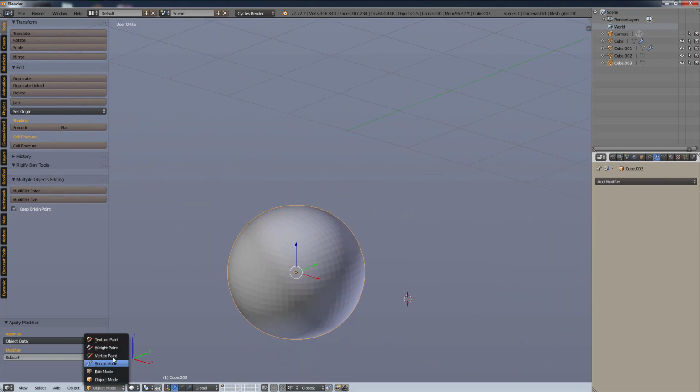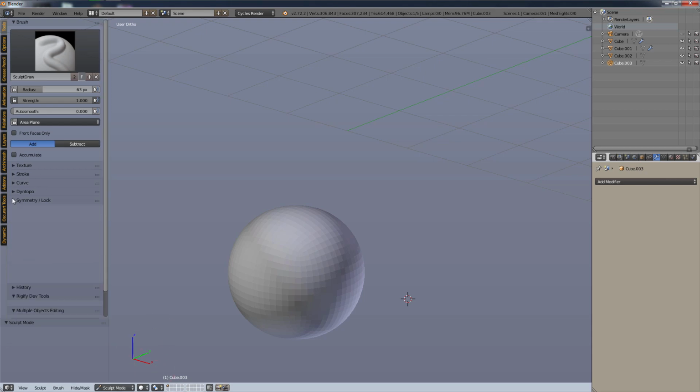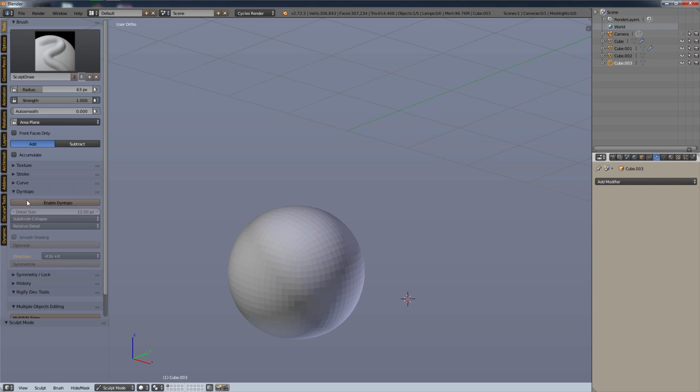I'm going to go into sculpt mode. We have, where is it? So like I said, I don't do a lot of sculpting, but I believe it's under Dyntopo. So yeah, dynamic topology alters the mesh topology while sculpting. So if I enable this, and I'm in draw right now,